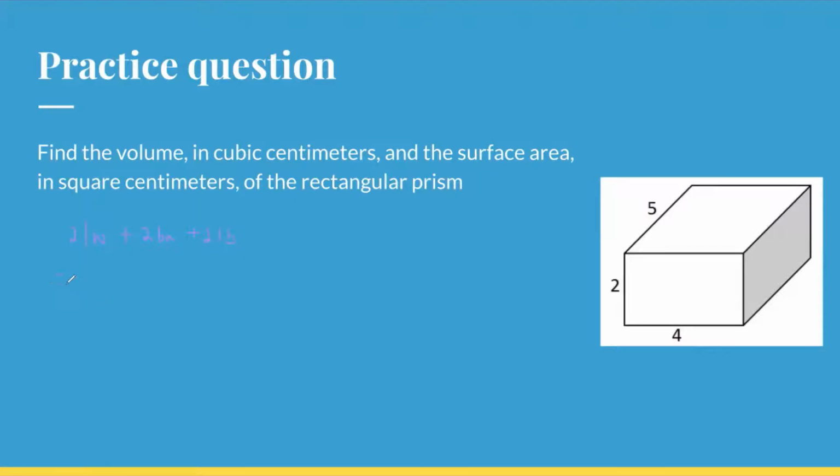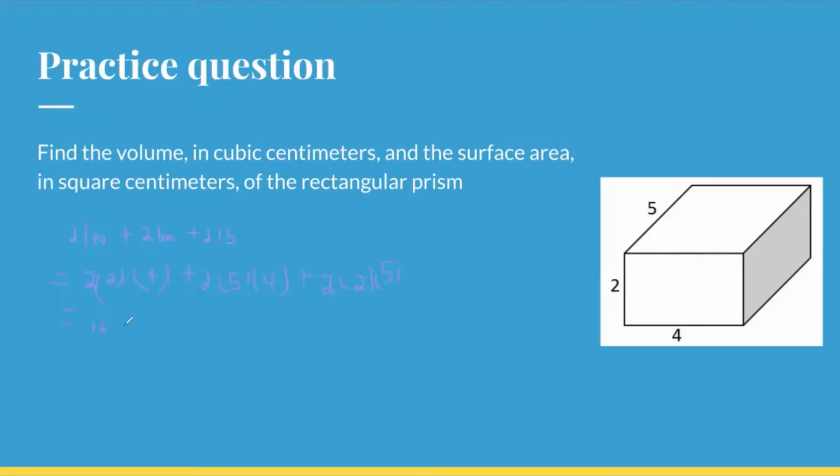When we plug in the values, it would be 2 times 2 times 4 plus 2 times 5 times 4 plus 2 times 2 times 5